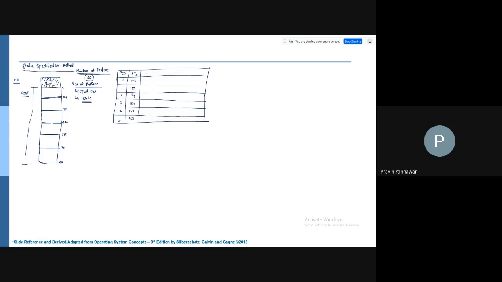And with every partition, we are having a status. So this is going to be free, this is free, this is free, this is free, this is free, and this is free. Initially, all are free, right? So then task and fragment. We are going to calculate a fragment here. Initially we don't have any task, no fragment, so it is 150 only. Since it is free, the fragment is of 150K, because we don't have a task.